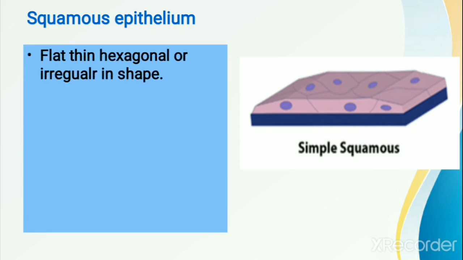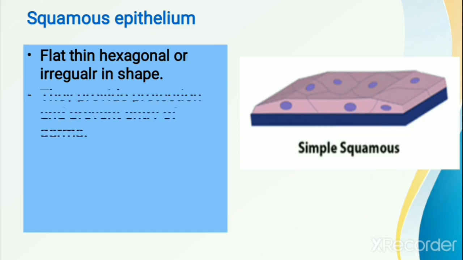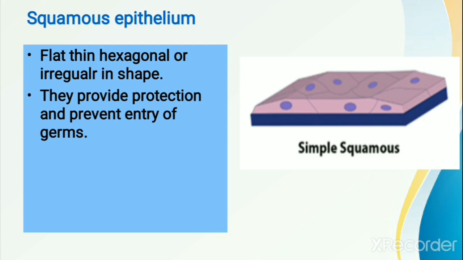Okay, so such kind of flat, thin, hexagonal or irregular shape cells are present in squamous epithelium. Okay, and what is the main function of these squamous epithelium? They will provide the protection and prevent the entry of germs, because in our skin we are having squamous epithelium